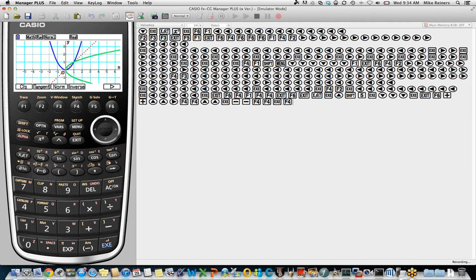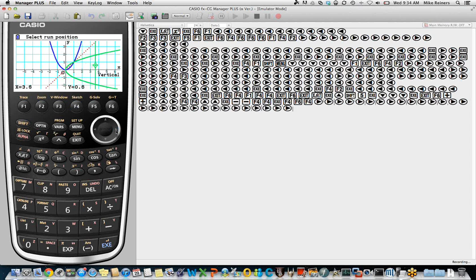So let's go to F4 for sketch, and to the next page. And you see here a choice above F4 for vertical. Let's press F4. And here's a vertical line that you can place wherever you like. So it's very easy for us to press execute here and mark that vertical line.